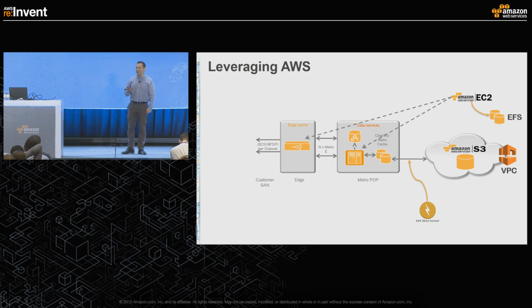EFS also has very good performance for us, and it allows us to run the types of analytics that we need to run our network. A lot of what we do internally is analytics-based, and it's based on the idea that a very small amount of your data is actually being accessed at any point in time. And we are very computationally heavy, and we need to crunch a lot of data very quickly in order to determine where anything should sit. So this is how we're leveraging EFS.